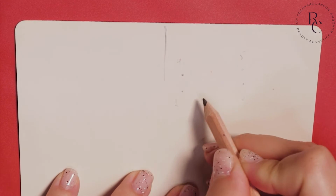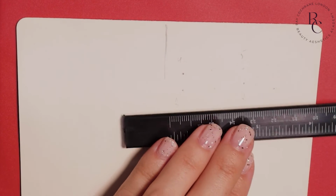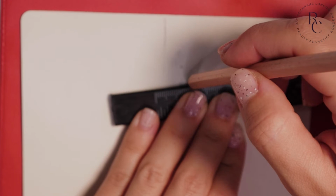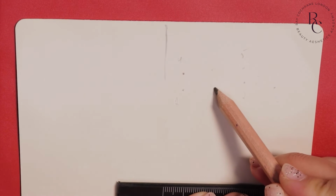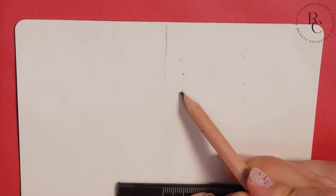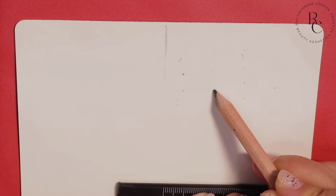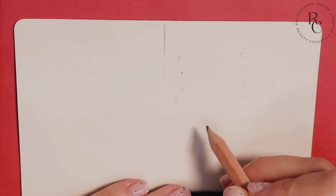And what I always like to do, if you can see here, number 1 and number 2, if I would like to connect those two, I'm going to have one line here. So I want another dot a bit below those two. If we have one straight line here, I want a dot below the line, just because that's very natural. When you have your eyebrow bone, it's a really natural way for the eyebrow to have a bit of a bending